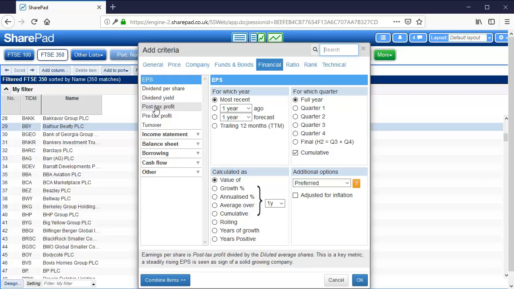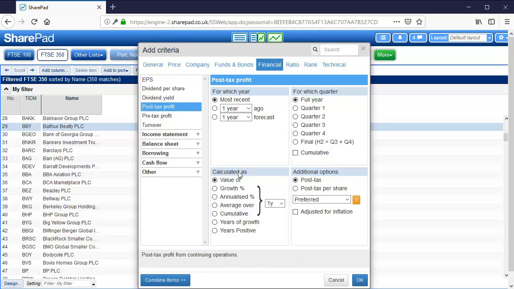So for the post-tax profit, I want annualized growth calculated over 5 years, starting from the most recent financial year and then going back. I click on OK,